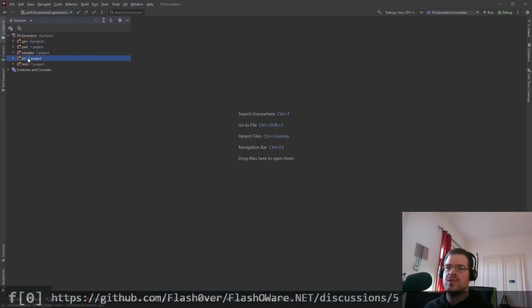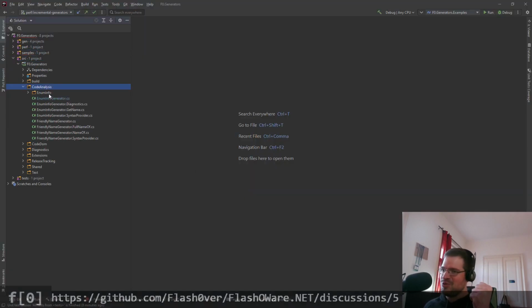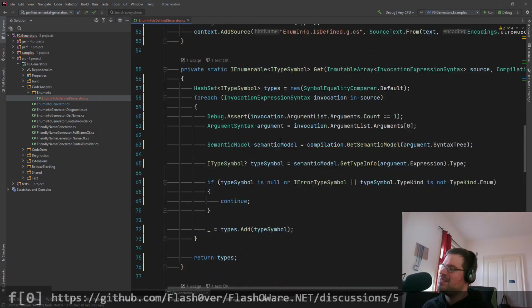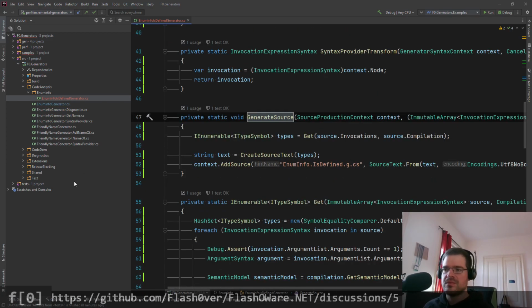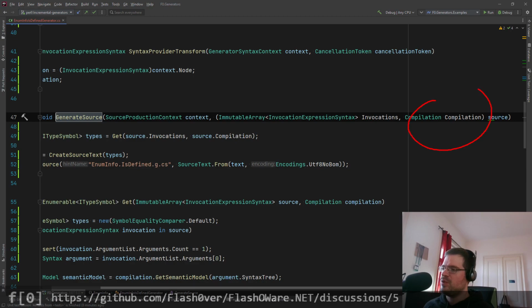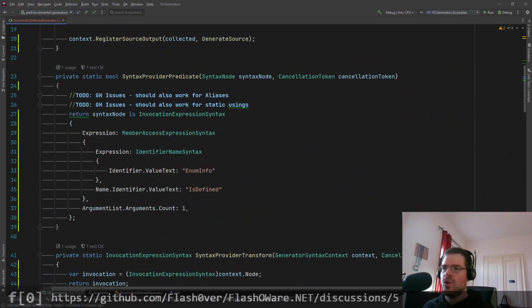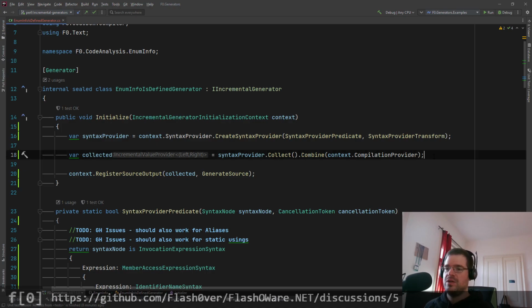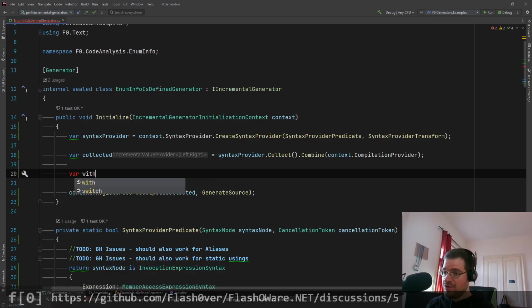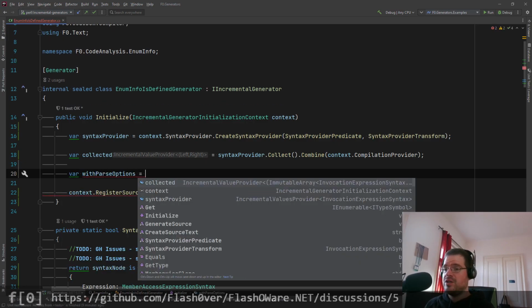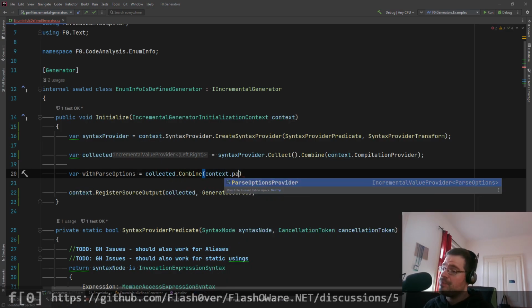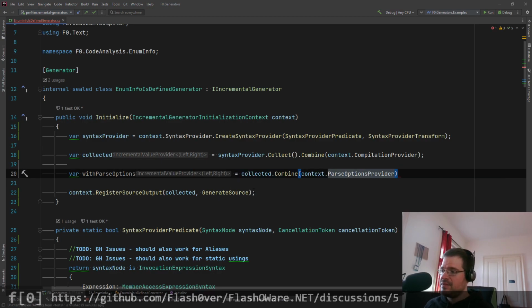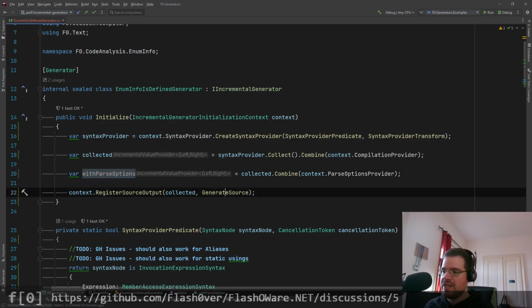Of course, we are an incremental value provider, because it's not part of the compilation. If you would have a look at the compilation here, we wouldn't find it, but there are also parse options. So what we have collected here, we could also combine with parse options, using the collected and combining that with context.ParseOptionsProvider. Now this will add another thing to this